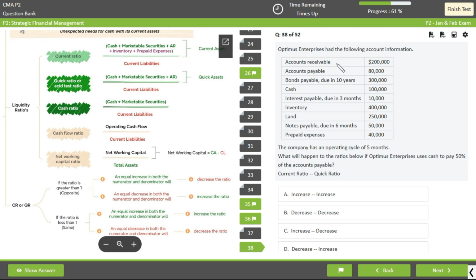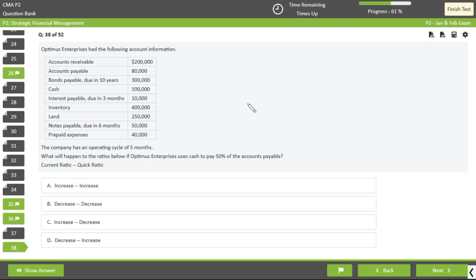So Optimus Enterprises has the following account information given. What will happen to the ratios if Optimus uses cash to pay 50% of accounts payable? So now let us find out the current ratio and quick ratio. Let us have a big area to do the calculation. So we have the current ratio and the quick ratio. So what is the current ratio? Let us mark